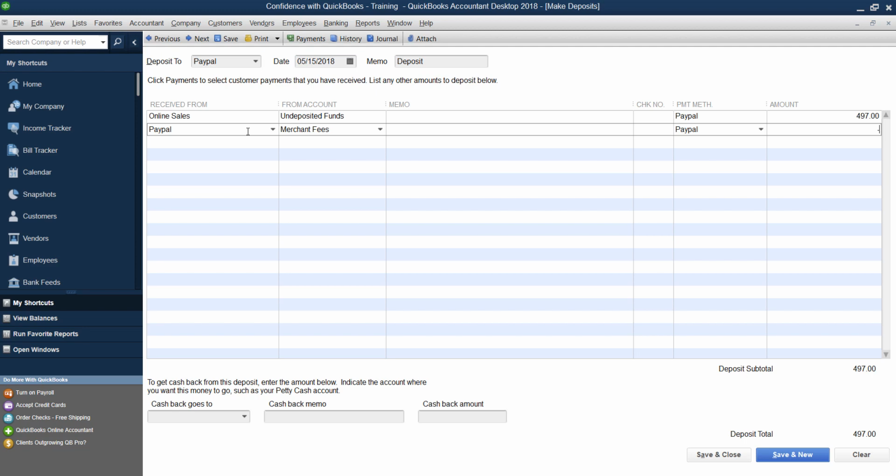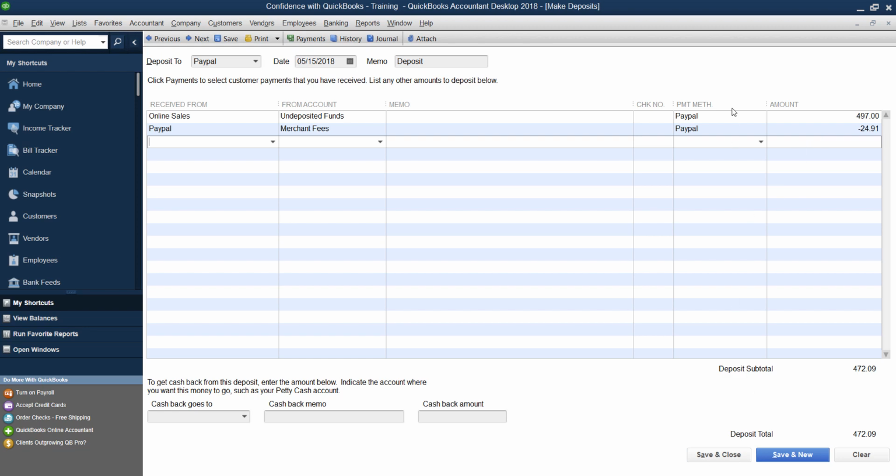And then you're going to put whatever amount you paid, $24, $14. That was what I did, $24.91. And then that would be the amount you deposited. And the merchant fee would be handled in the deposit, similar to what I taught in the last video. I'll make sure I link the last video up above so you can watch that if you want. But these are 2 different options.